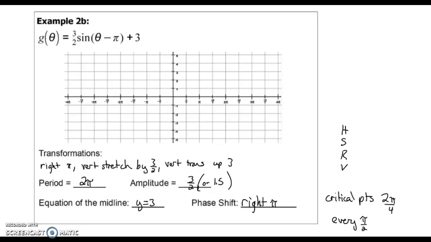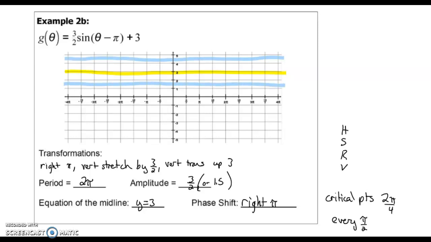Okay, so let's highlight our stuff. So our midline, we're highlighting at y equals 3. So we're right here. All right, and then our amplitude is 1.5. So we need a line up 1.5, so that's going to be at 4.5. All right, and then down 1.5, and so that's going to be at 1.5. Sorry, let's get a little crazy. Okay, so